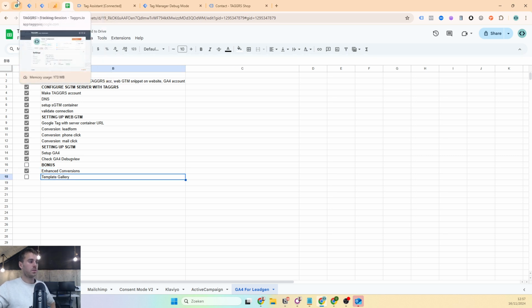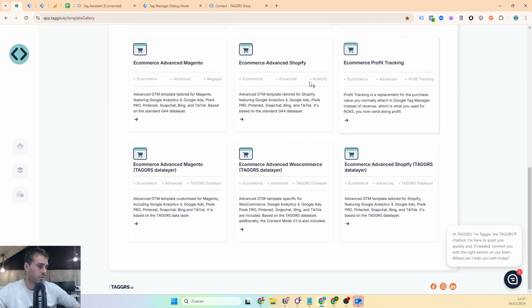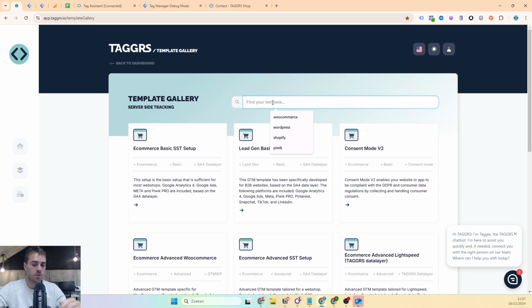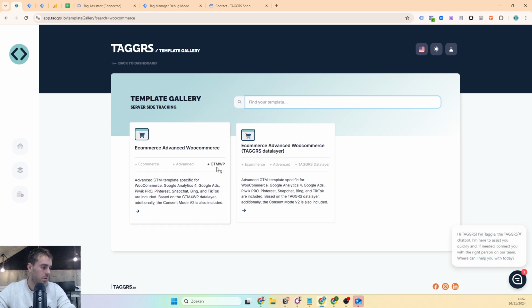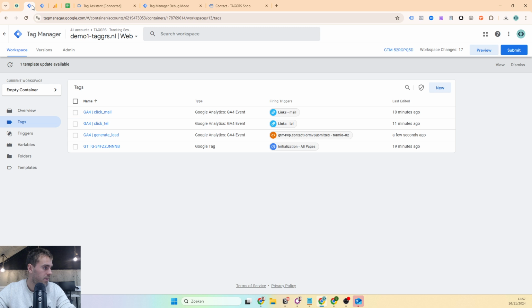And the next thing I want to show you is that the first part we set up via manual setup. So we configured all the tags, triggers, variables, but we also have a template gallery. And we have a lot of different CMS systems, data layers as well. For example, we use WooCommerce with the GTM for WordPress plugin for making the data layer. You can just click this one, download the JSON file. You'll have to unzip it. And then the next thing you can do is